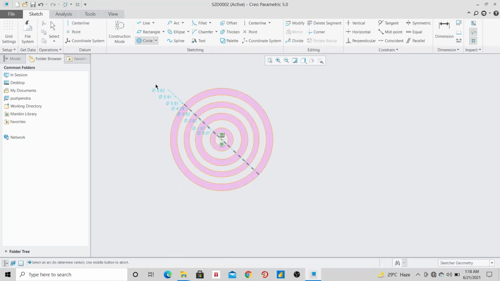As you can see, I have drawn a number of circles here, but the reference was the first circle that I have drawn with the help of the center and point command here. So to draw a number of circles, draw one circle, then change the command from center and point to concentric and draw as per your requirement.